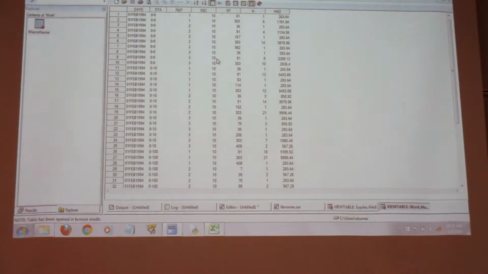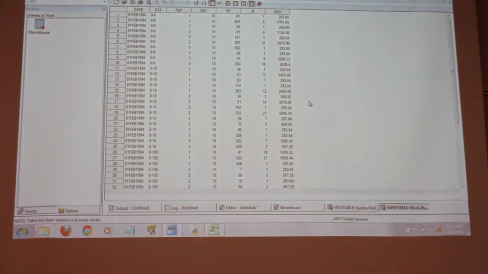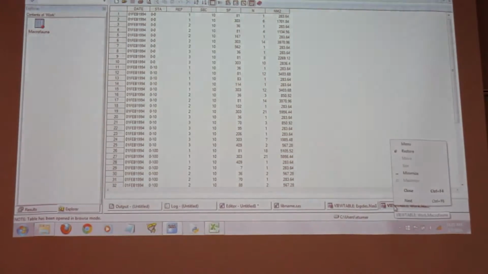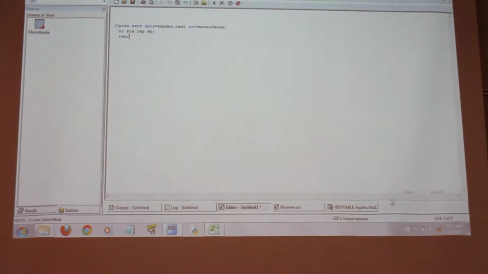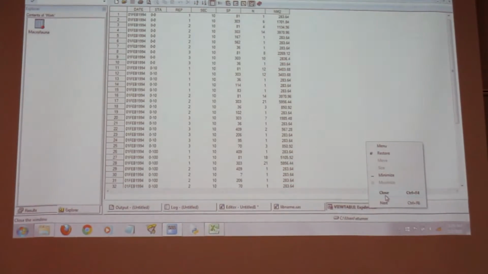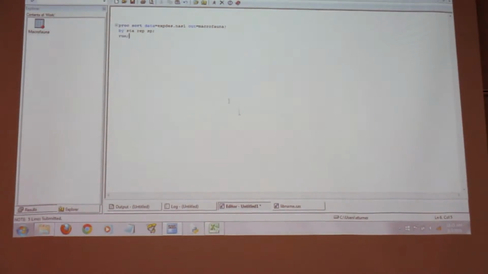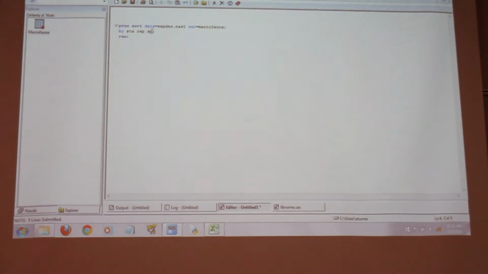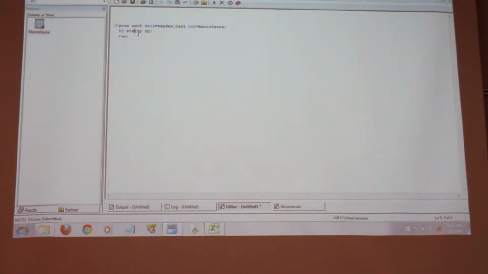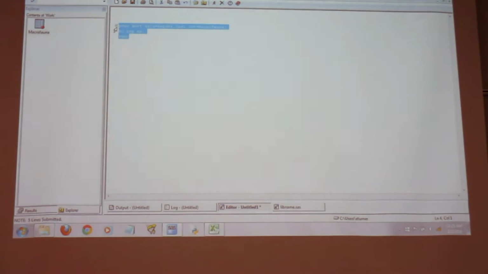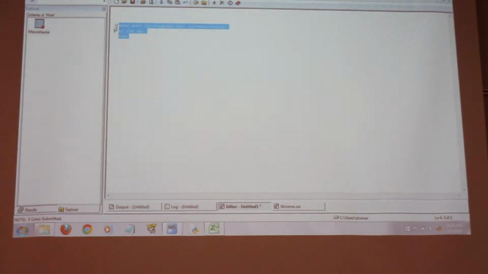Okay? So to maybe drive it home here, let's close this. We have to close them if we do something new to it. So what if I just sorted by rep and species? What do you think would happen if I just did that?